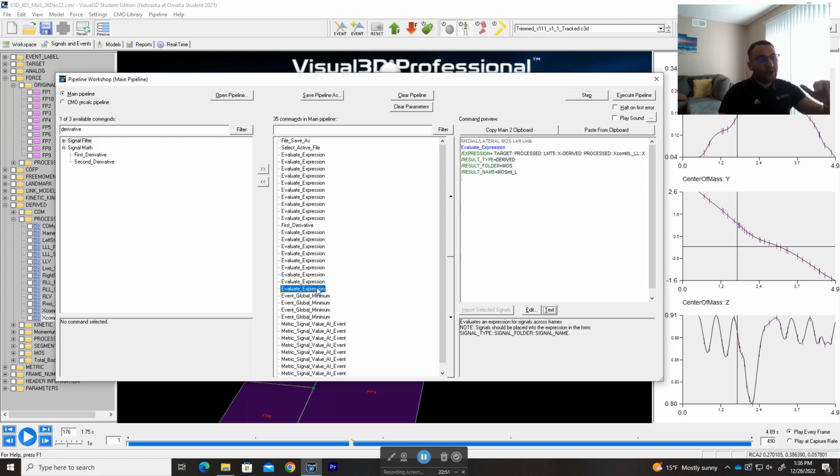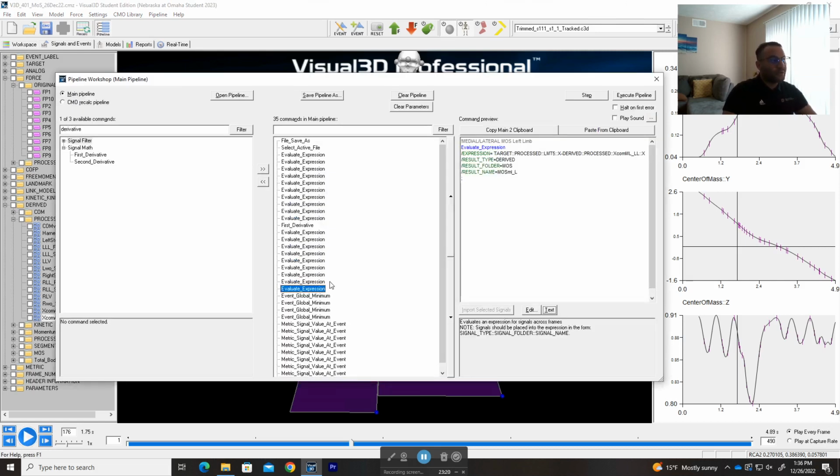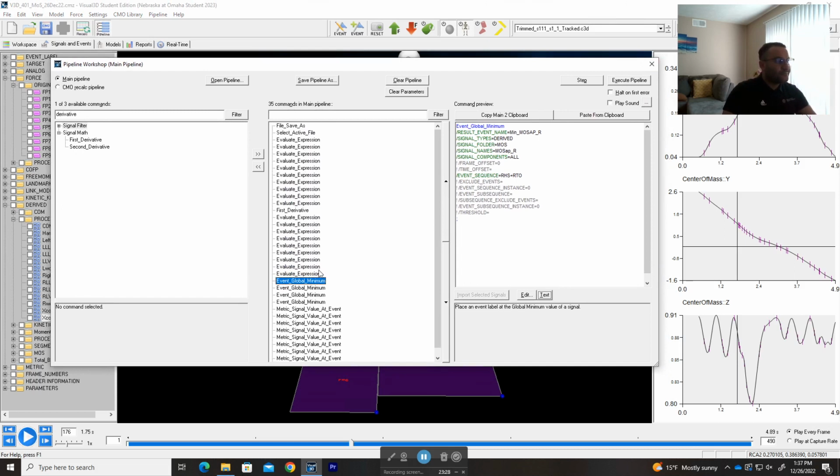But when we do the left leg, we do the opposite: we first add the left fifth metatarsal and then subtract the extrapolated center of mass. Now, if the extrapolated center of mass is larger than the left fifth metatarsal, it's going to be positive, so we subtract the left metatarsal from the extrapolated center of mass to make sure we have negative values if it falls outside the base of support. Alright, once we have those calculations,